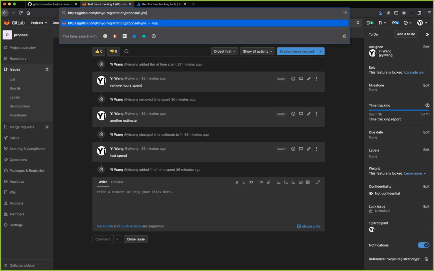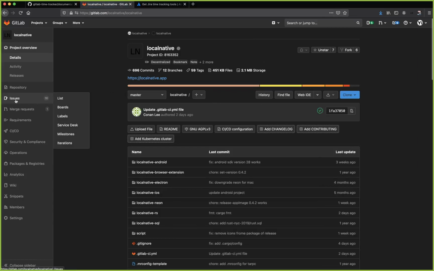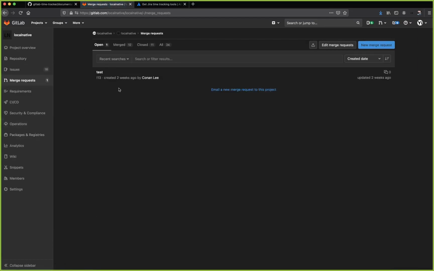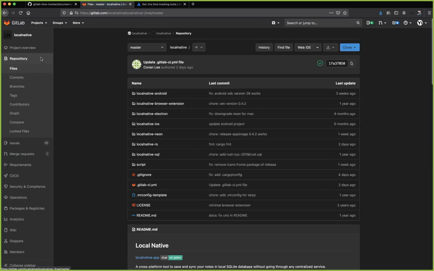The progress is we've been able to add release scripts for different systems. And we're also adding the CI/CD part, which is